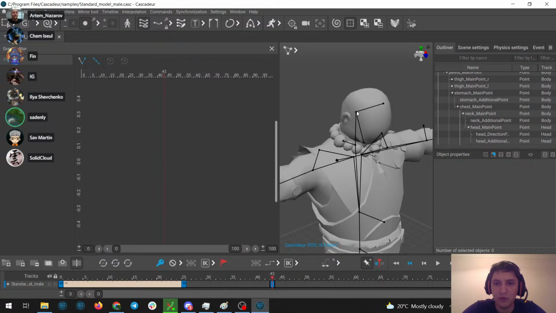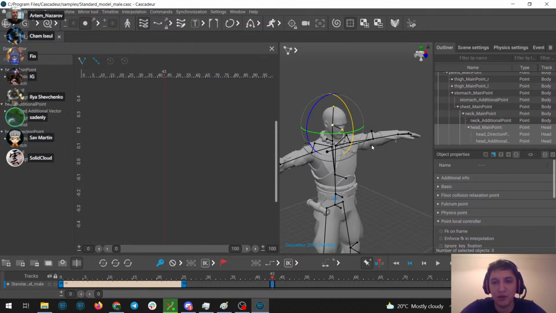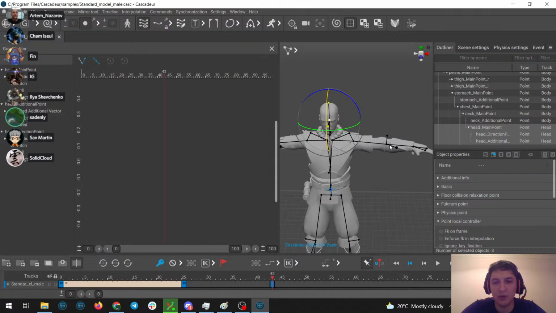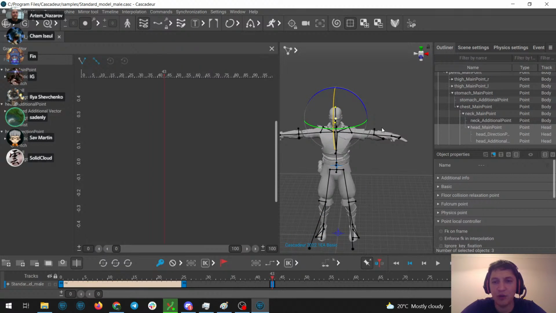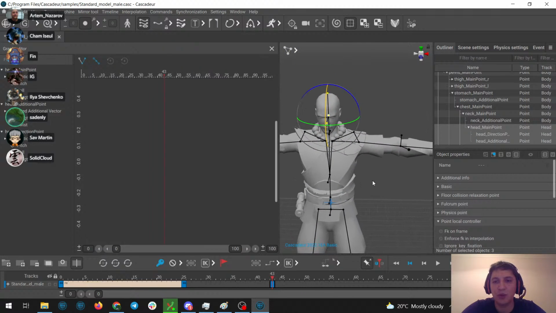The pole is located here, and it's impossible for the human body to bend 180 degrees anywhere but in the arms and the legs. But in arms and legs we have a different type of interpolation.